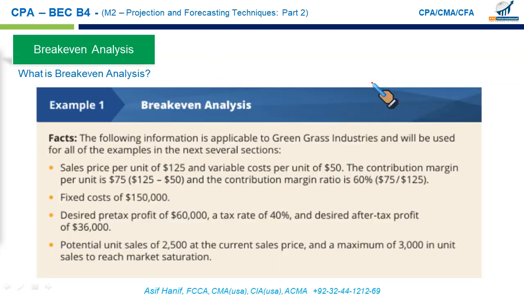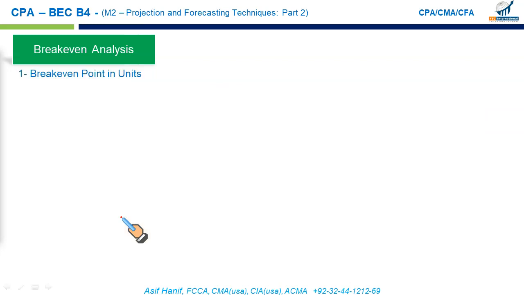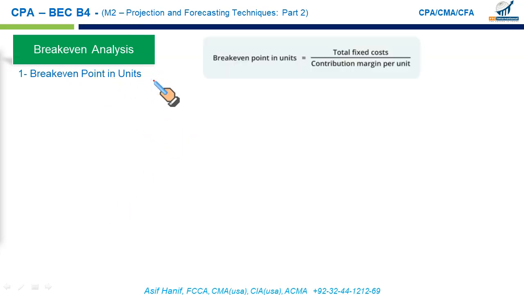Okay, now we have an extended example and we will solve each component of this as we go on doing some formulas. Let us move to the next slide and see what we need to learn here. Break-even point in units. This is the formula we use to calculate the break-even point in units: the total fixed cost which you need to cover divided by the contribution margin generated by each unit to cover the fixed cost. Very important formula.